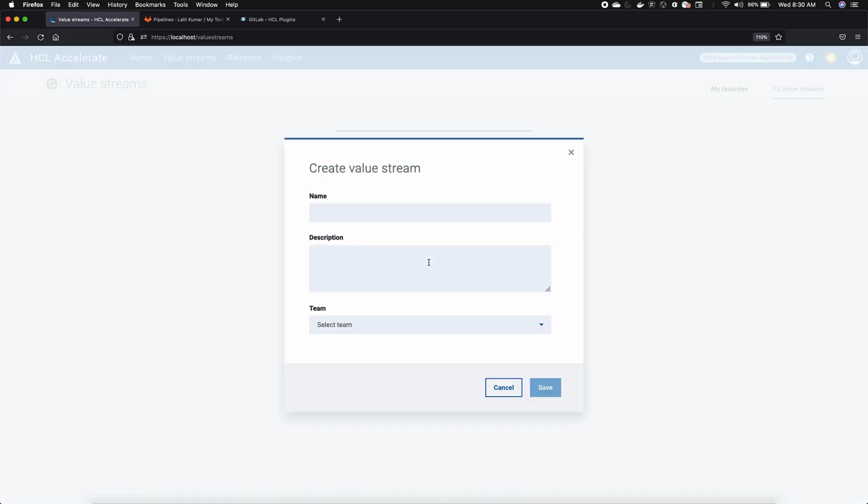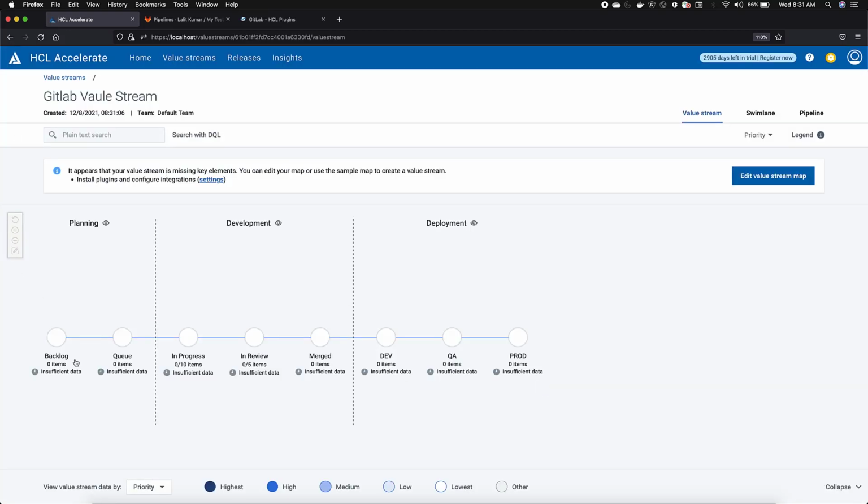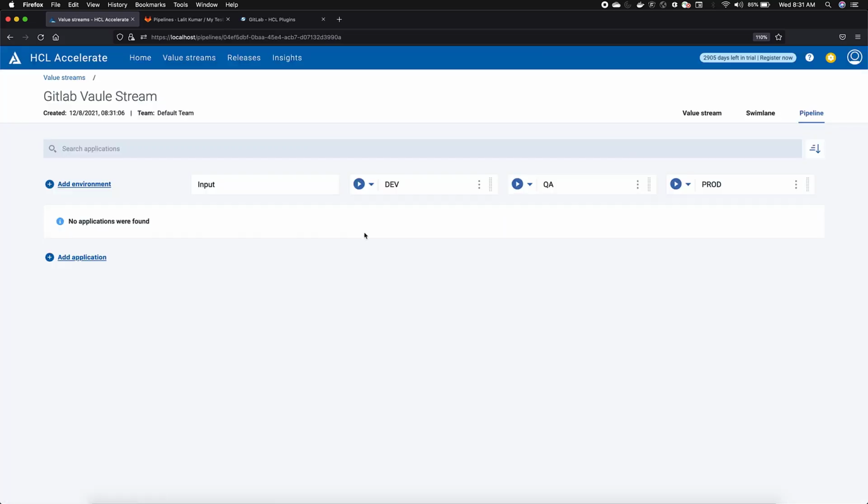Once you have done this, you can go to value streams. You can create a value stream. You can give it your team name here. So here you can add your vsm.json and show all the issues, builds, pull requests, and commits. I'll be focusing on the running deployment part and importing the builds part.